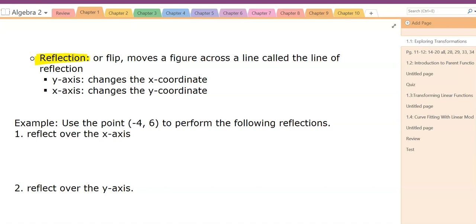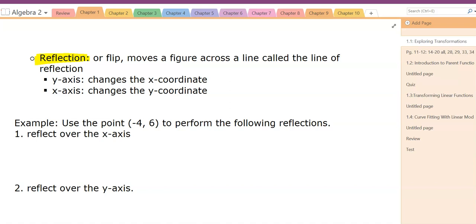Now the reflection is however close you're standing to the mirror, that's how close your reflection is going to be in the mirror to you. So if you back away from the mirror, your reflection gets smaller because the distance between you and the mirror is bigger. If you get really, really close to the mirror, your reflection gets bigger because the distance between you and the mirror got a lot smaller. So when you do a reflection, everything has to be exactly the same, but it's just going to be flipped